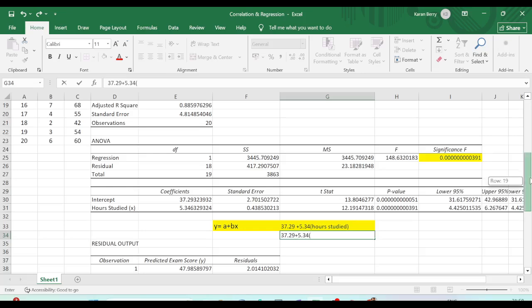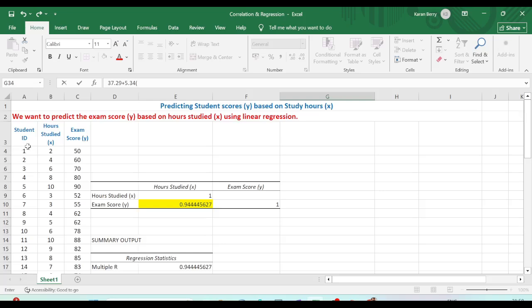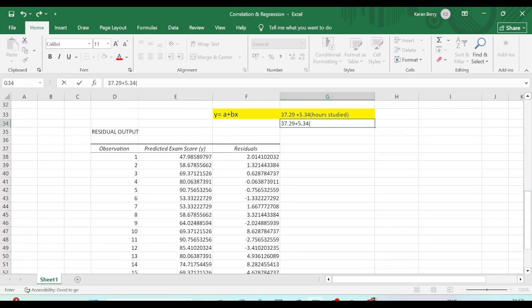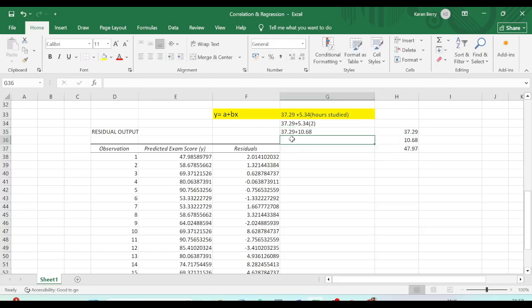So number of hours studied, let us see the first of the students' observations. Hours studied is 2, exam score is 50. So hours studied is 2. So we'll put here 2. So what will we get? We will get 37.29 plus 10.68, which is equal to 47.97. So the predicted value of y is 47.97. Now this is the predicted value of y,